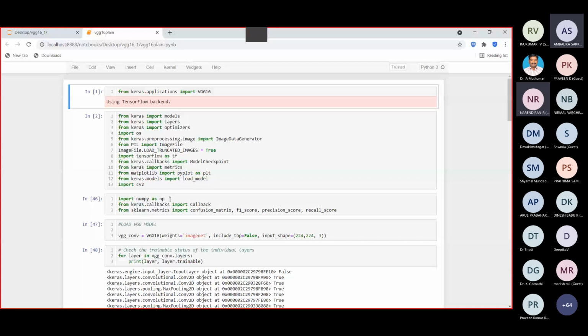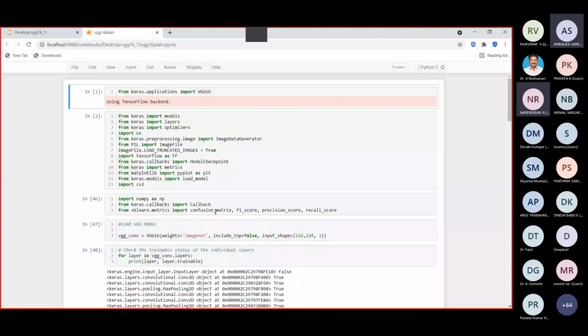On all this, sklearn, scikit-learn, is the tool for machine learning. Here you are classifying the data, and we have to find out the performance. So we are going for these metrics: confusion matrix, F1 score, precision score, which are the metrics available in machine learning, and which are available in this sklearn library here. So we are importing all these scores,